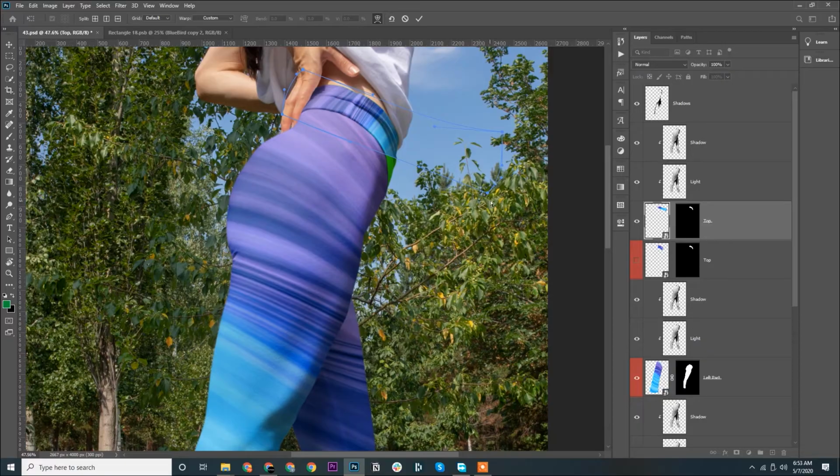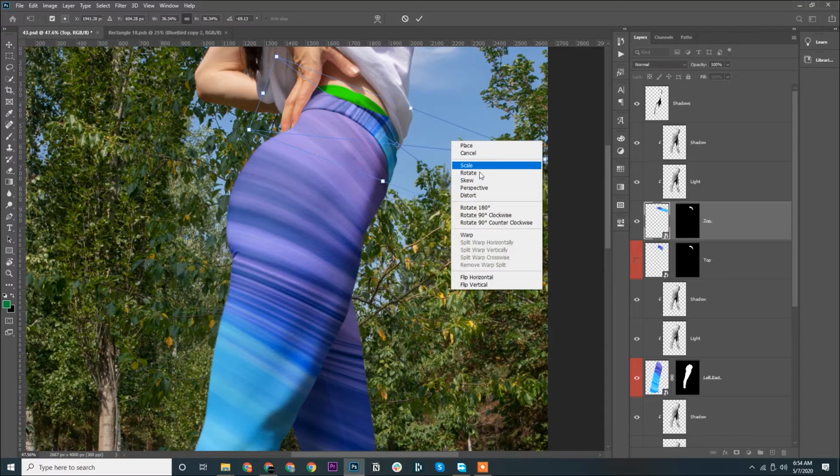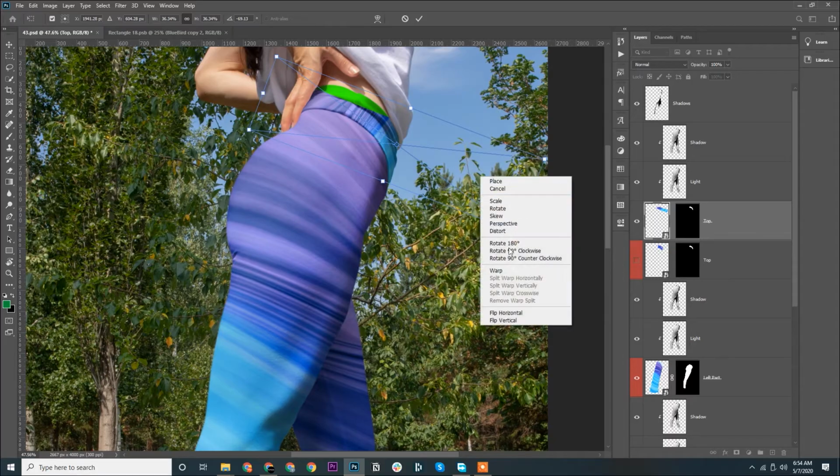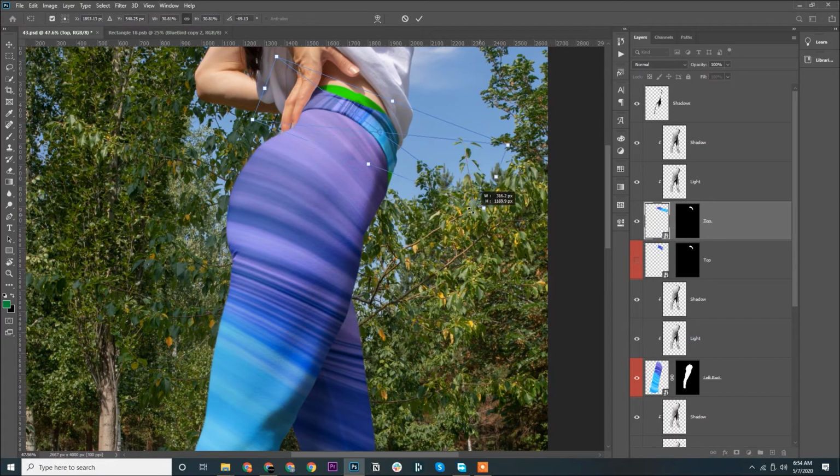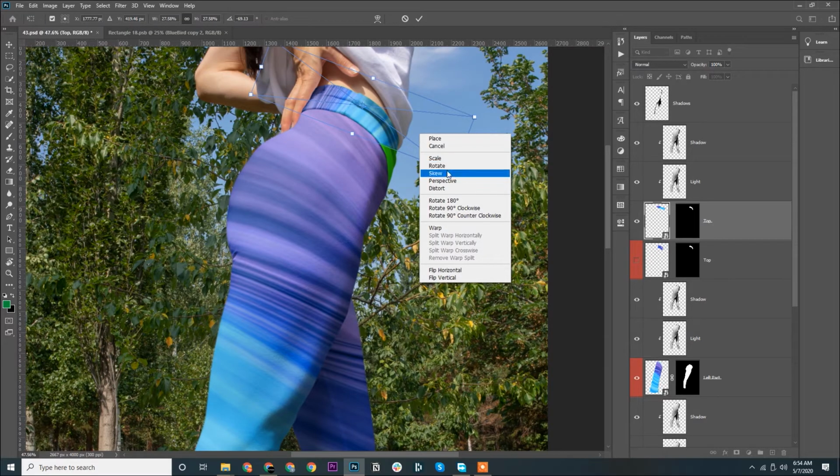We'll warp this one. I think it has already been warped, so I'll try to skew this.